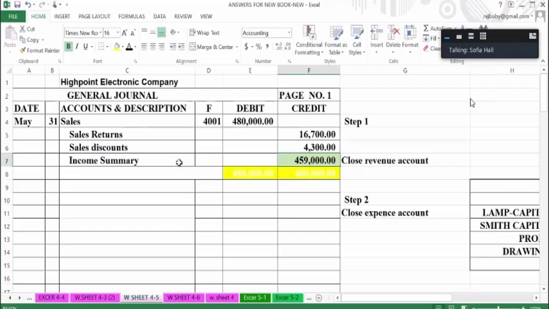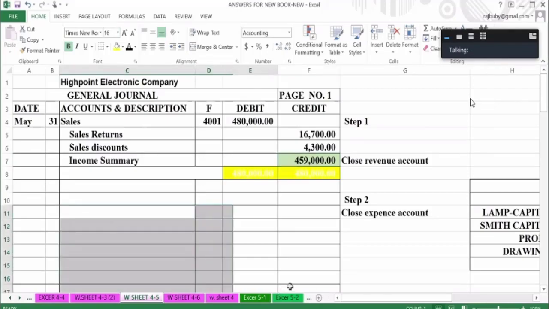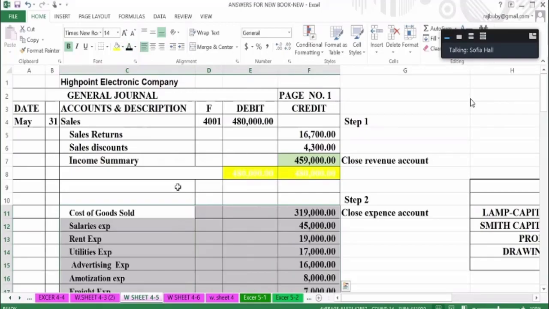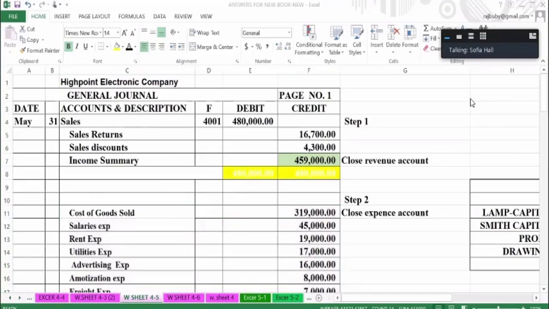Next step, the second step, is to close all the expense accounts. The expense accounts start from cost of goods sold up to insurance expense. Those are the expense accounts. All the expense accounts are in the debit side, so we are going to put everything in the credit side first, because when we are closing, we put it in the opposite side to make zero. The total is going to be